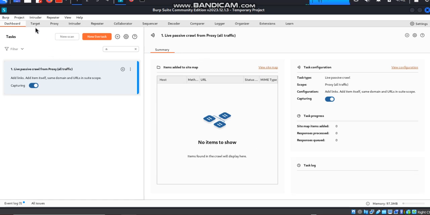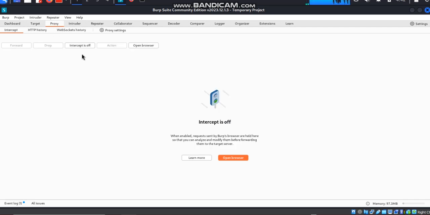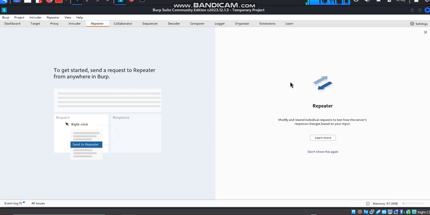It has so many interfaces. On the top here, you could see most of them are clickable. For example, one of the interfaces is called the target interface. Another one is the proxy interface. This is where we find the intercept that we're going to use. Another interface is the intruder interface, another is the repeater interface.